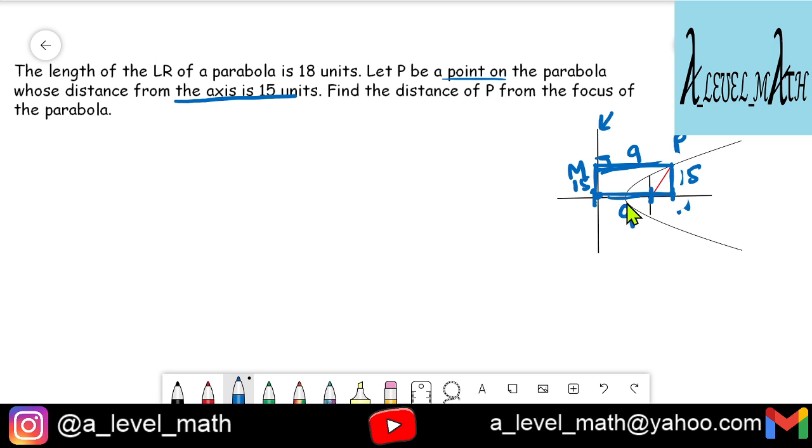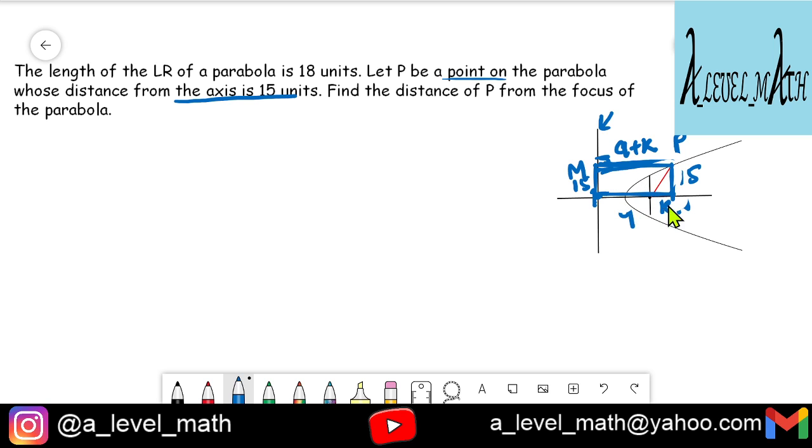Sorry, did I make a mistake? So this entire distance is not 9. I'm so sorry. Only this portion is 9. This entire distance is not known to us. This is what we have to actually find out. All right, no problem. So suppose that this distance is k, only this part is k. So this entire distance becomes 9 plus k. All right, and this becomes 15. And this we don't know. This we also have to find out.